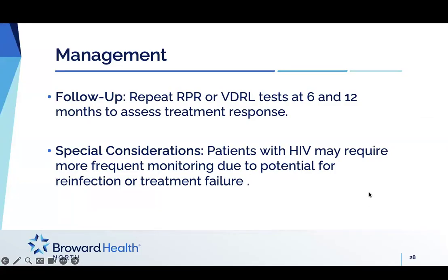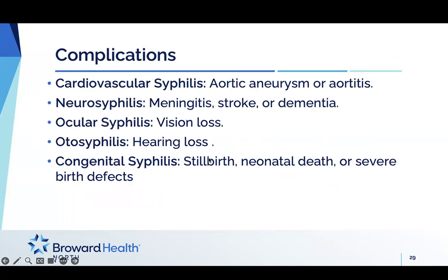After we give these patients the penicillin shots, we need to follow up. We need to repeat the RPR or VDRL between 6 months and 1 year to see the treatment response, and then continue repeating. There are special considerations for patients with HIV, because you might need more frequent monitoring since they are at higher risk. The complications we can see are cardiovascular, like aortic aneurysms, neurosyphilis, ocular syphilis, otosyphilis,